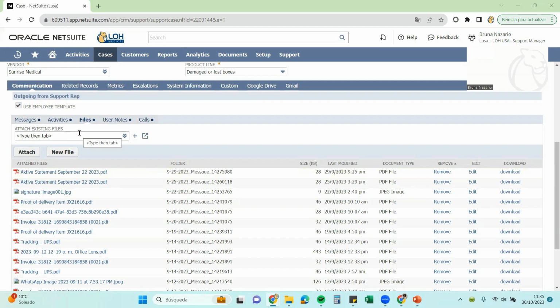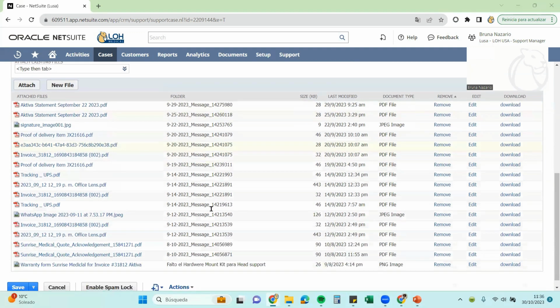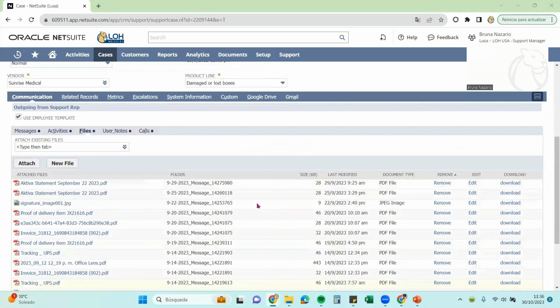Okay, in Files, when we report a situation to a manufacturer, it is important to have pictures, videos, or documents that we can use as evidence to show our vendor that what we report is happening. All the evidence that you add in the Files section can be seen by you or any person who wants to check the case, just by clicking on the titles.